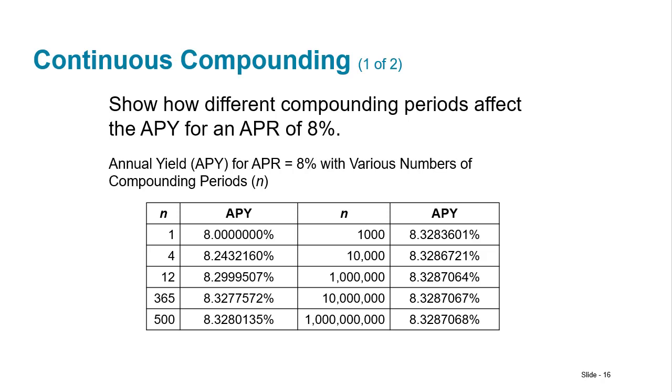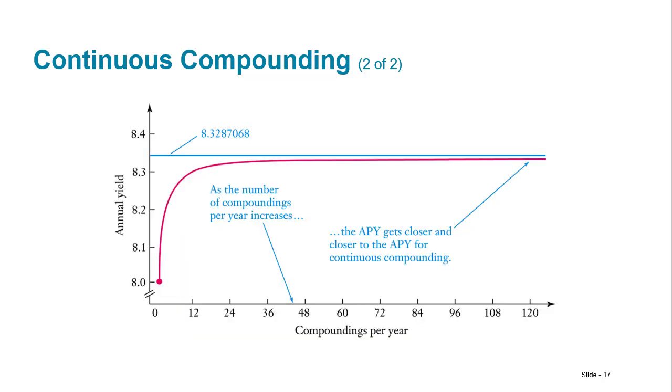So here are some examples. This should say APR. This is a typo because obviously they have to be different, right? So if your APR was 8%, then you can see the difference at the end, right? The easiest thing to think about